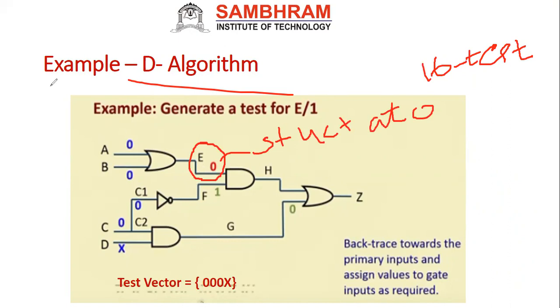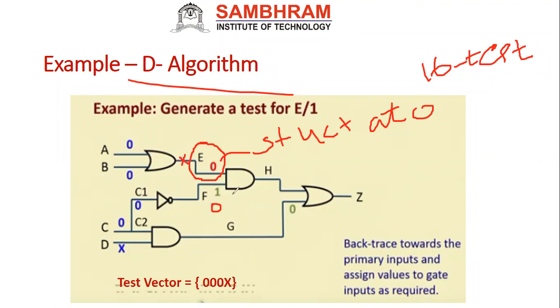Now how can I check? One possibility is, we have to go here, if it is 0. Okay, then what should be the input of this? For example, if this is 0 instead of 1, say F is equal to 1 instead of 0, you are assuming this is the fault here. Okay, so now what will be done?